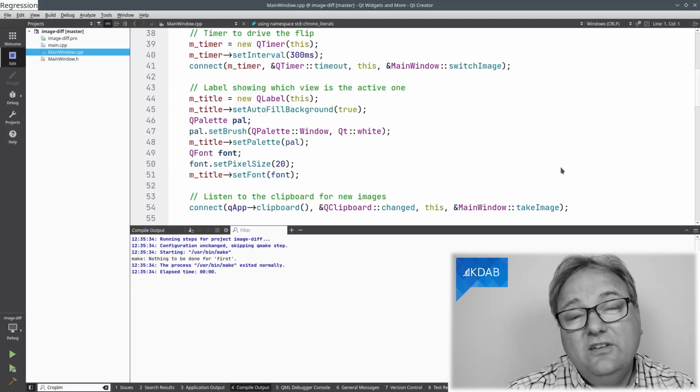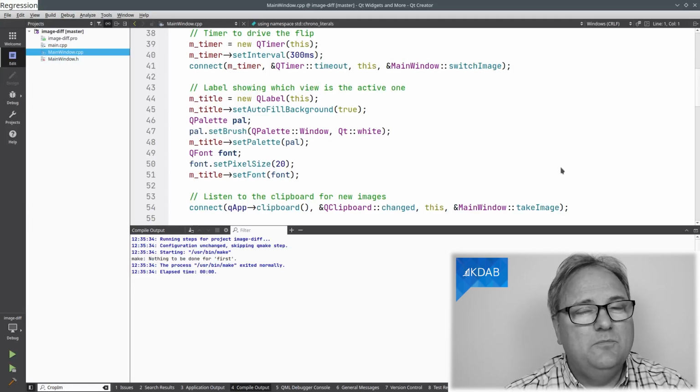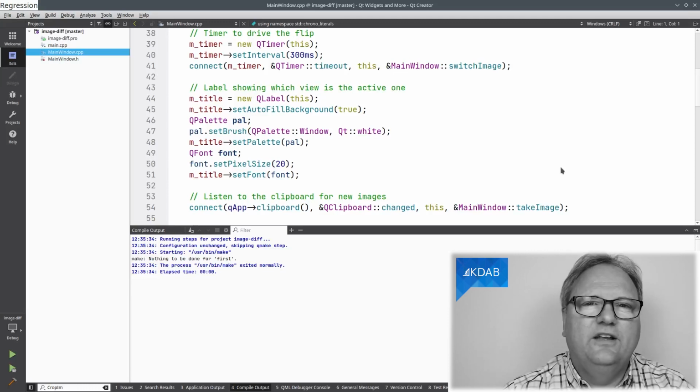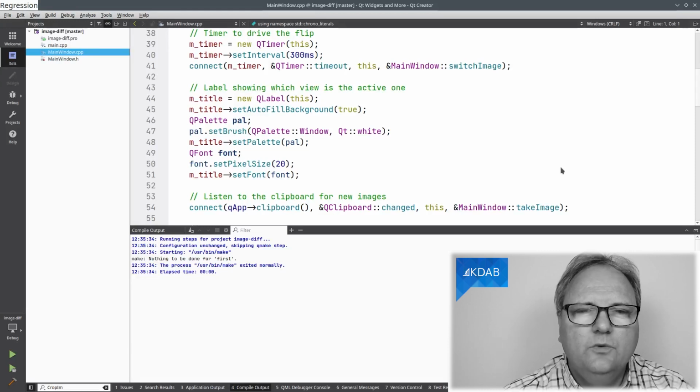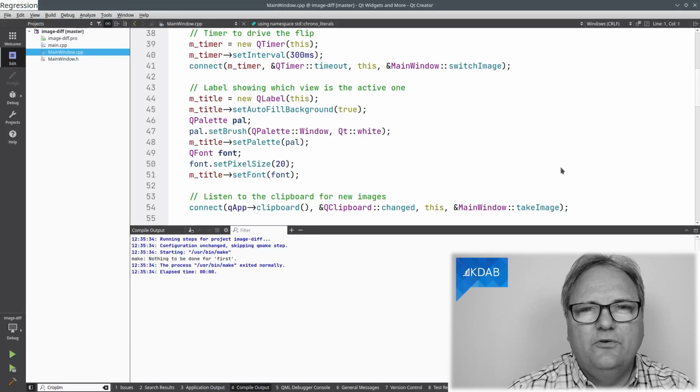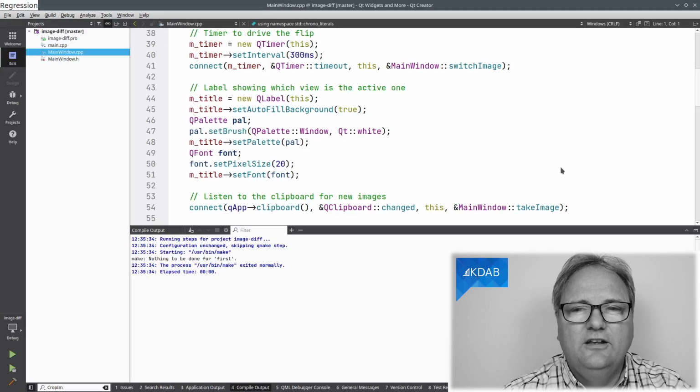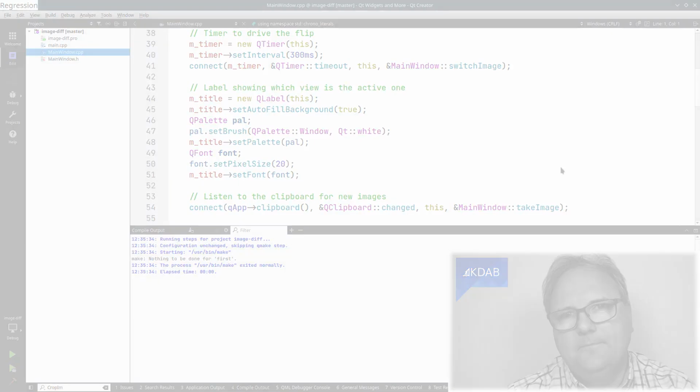And sometimes these changes can be rather subtle and could be just a few pixels that have changed, and trust me, you will notice them when they jump around or they change color slightly, and you do it like this. What? Is that it? Whoa, that must be the shortest episode of Qt Widgets and More ever. And yes, there really isn't much more to say.